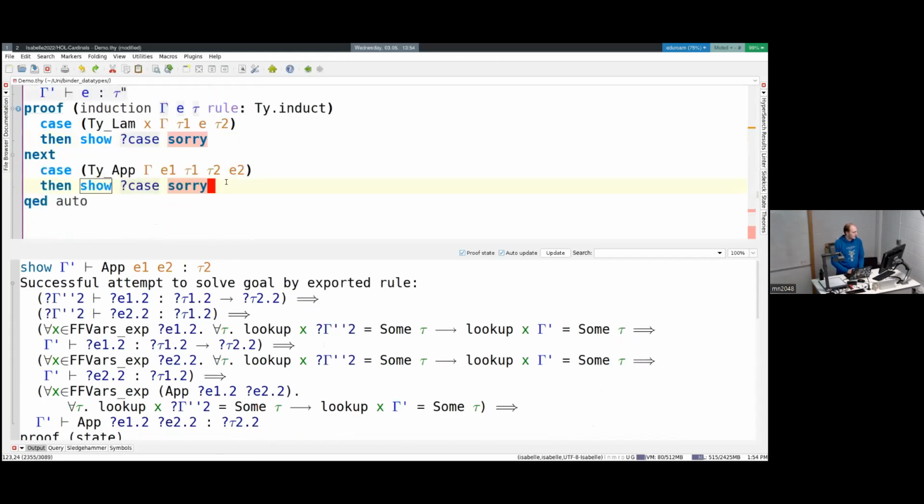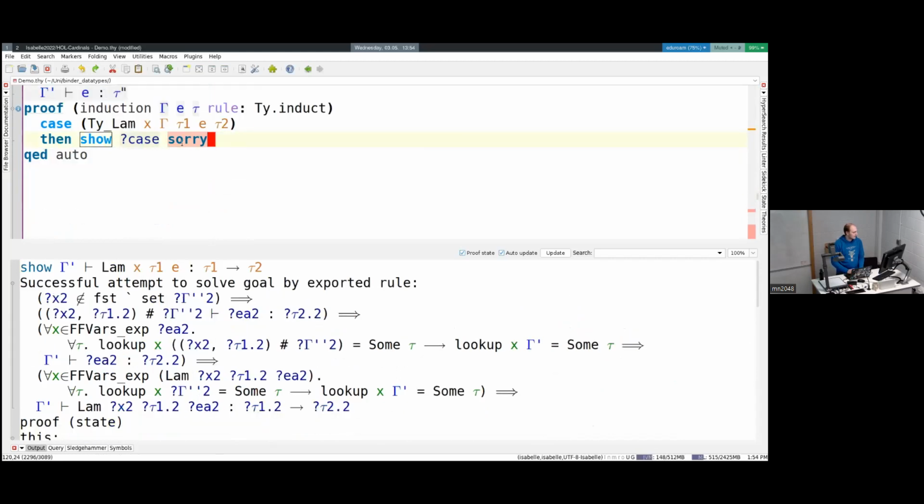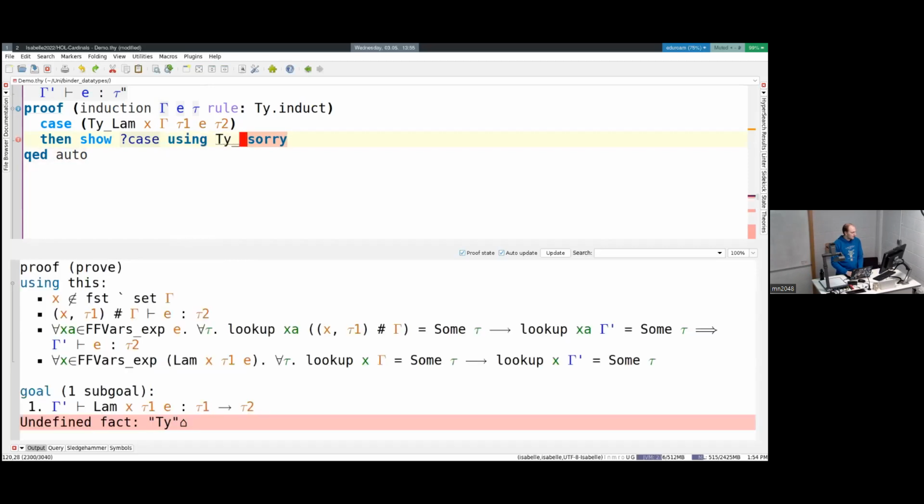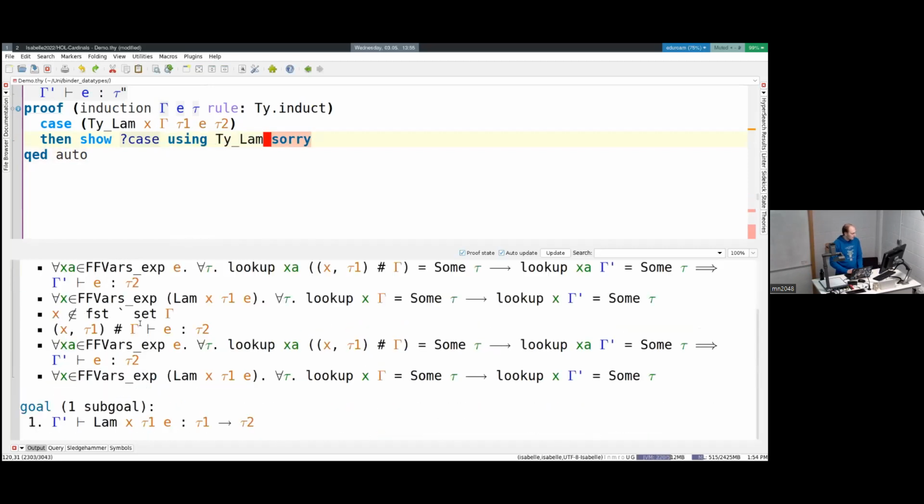So we only basically are left with the one interesting case. Again, because of the Isabelle proof automation, it was done all for us. The problem now is with this proof automation. If we look at our introduction rule, so I put this here again, we want to prove something in the form of gamma prime implies a lambda. So we will have to go through,